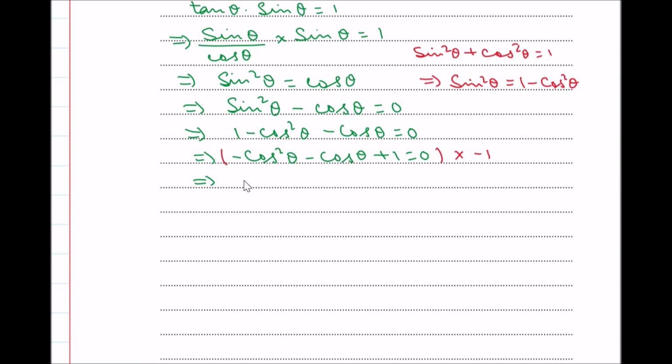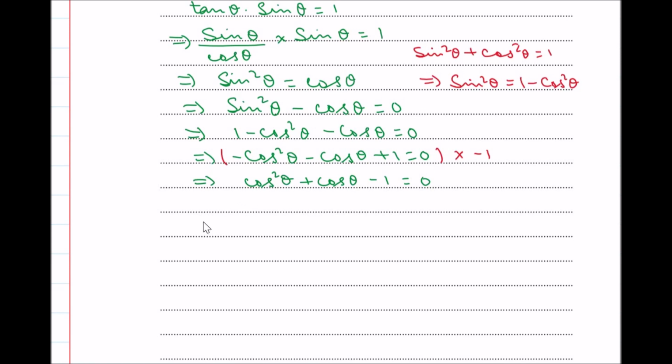So this negative becomes positive: cos square theta, then plus cos theta, and minus 1 equal to 0. This is the equation we got, and as we can observe, this cannot be factorized,